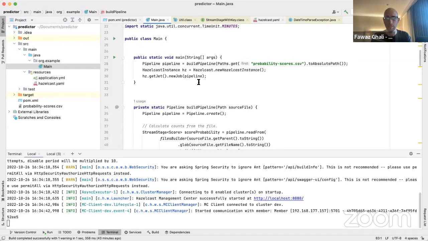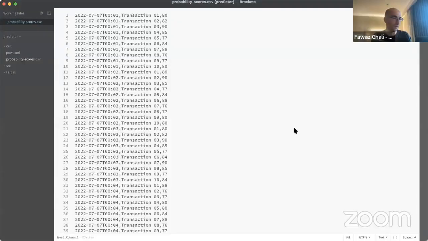My application basically has three lines. The first line is where I'm trying to build a pipeline based on the probability score file, which I will show you in one second. Let me check if I'm sharing the right screen. It's essentially a CSV file which has a date and time, transaction number, and score. So this is my input. And if we jump back to the IDE,